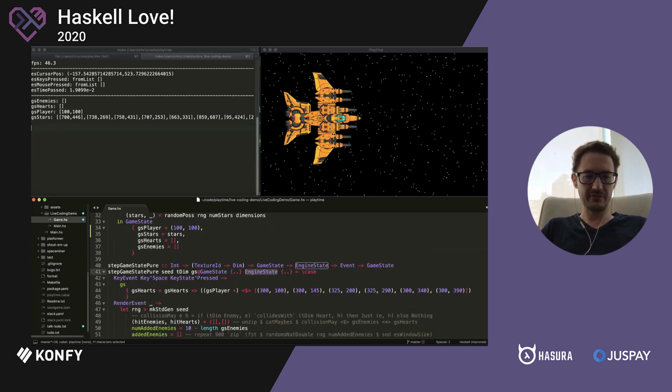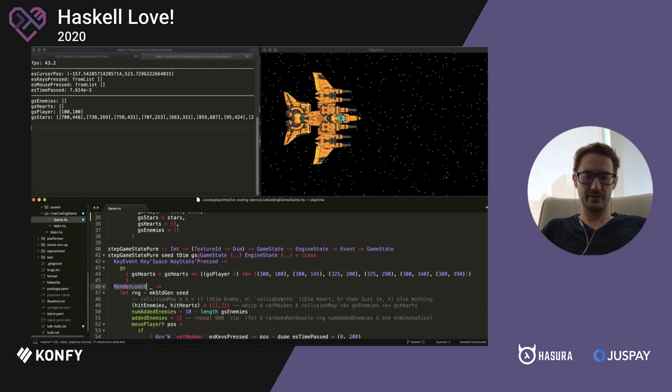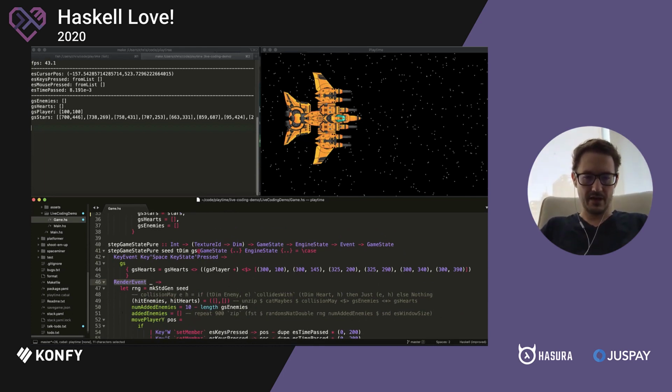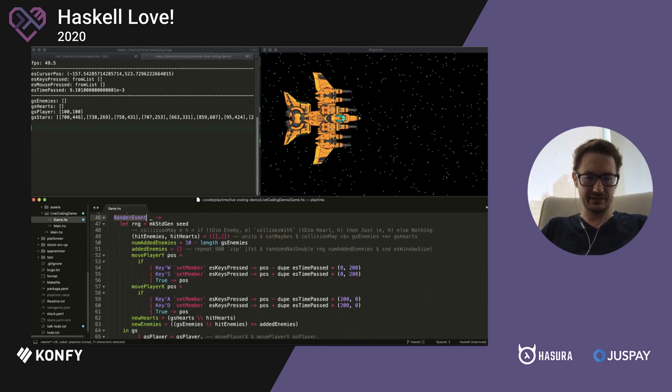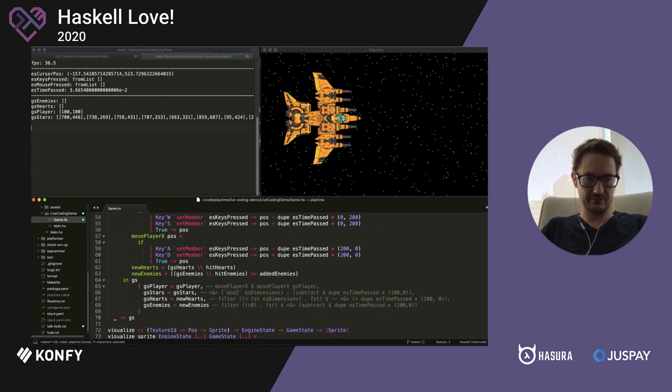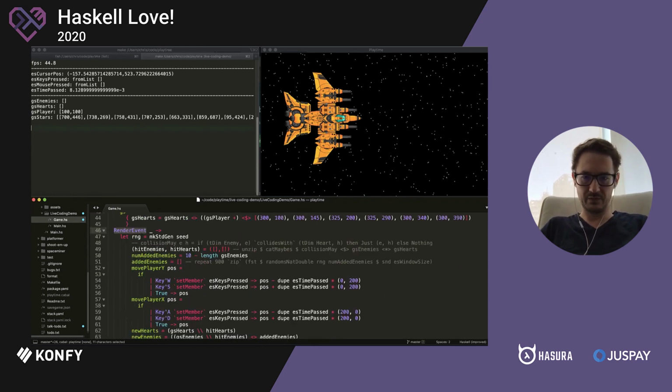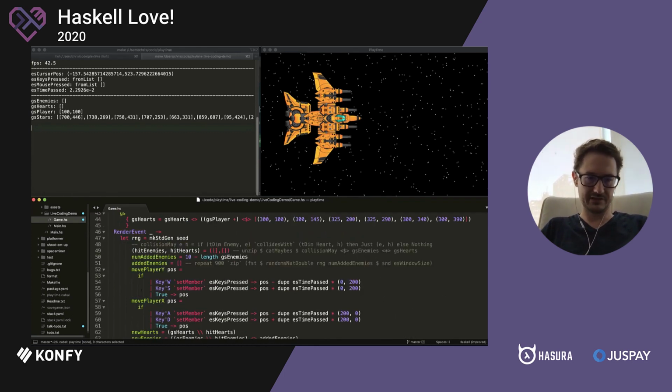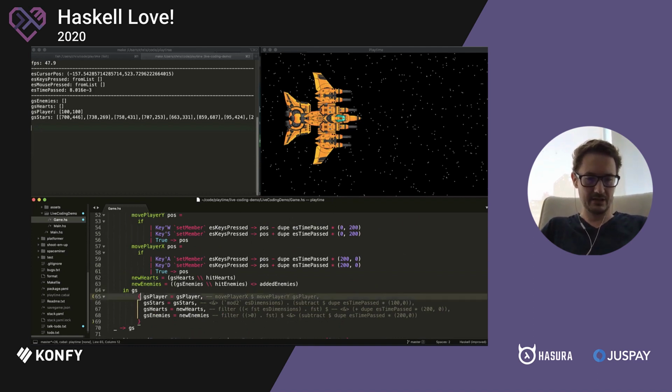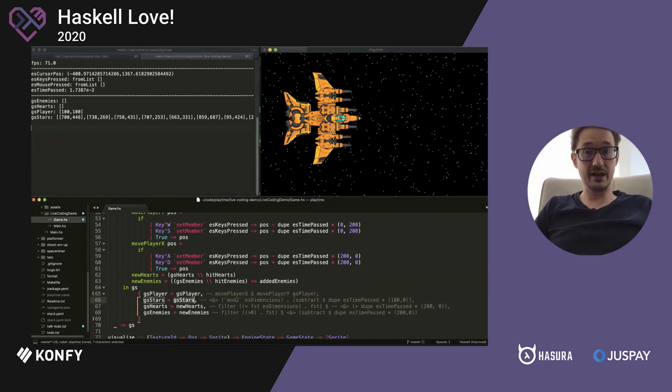So let's do something very simple. The render event is the one that is emitted every time a frame needs to be rendered. Let's look at what happens here. When a render event comes, it will produce a new game state. In this case, we'll just take the existing game state and we don't do anything interesting. We keep the player the same, we keep the stars the same. So when a render event happens, when a frame needs to be rendered,